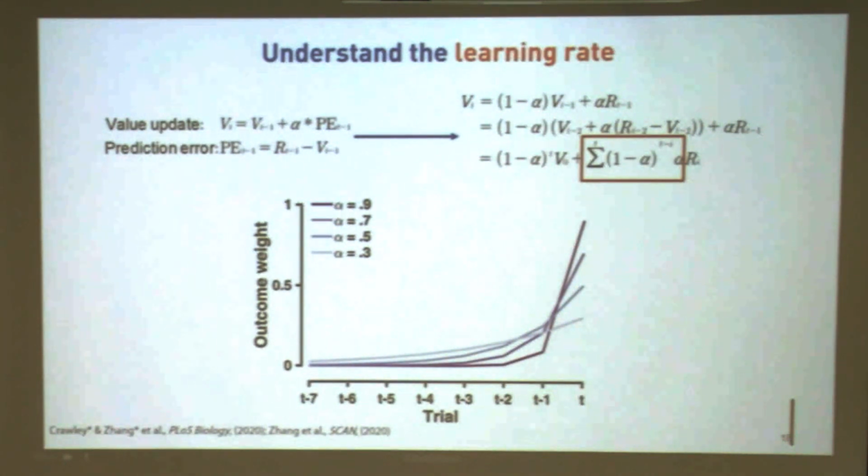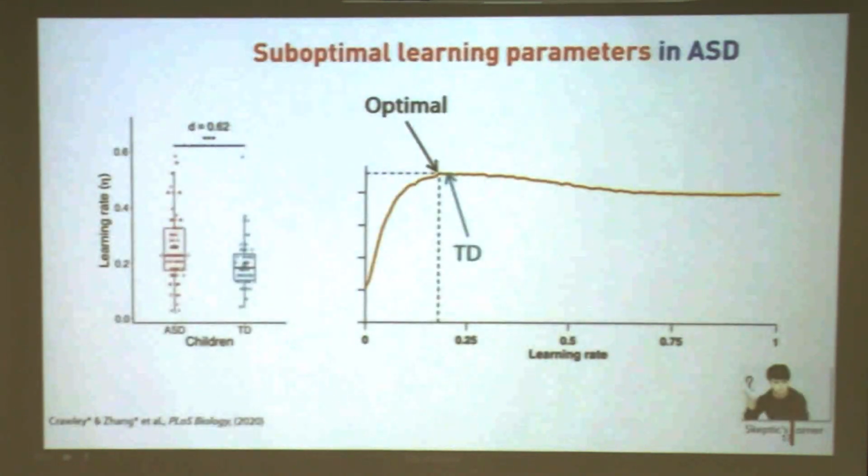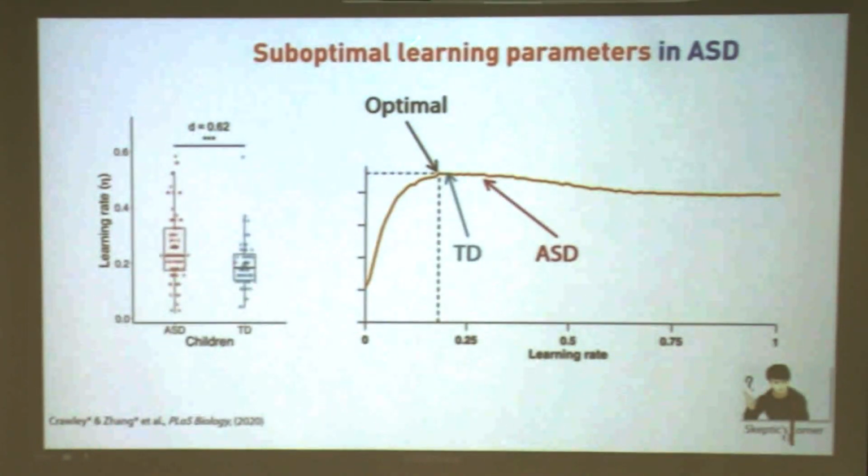Okay? So the idea is like this. If the learning rate is very high, then I will only memorize the most recent one, and I update very sharply. But if the learning rate is relatively low, I have a slower update. I memorize what is going on in the past. So back to our case, we have a rather stable learning environment. So 80-20 in the beginning and then 20-80 in the second phase is rather stable. And if that is stable, I could carry what is happening in the past to my current understanding. And that explains why a relatively lower learning rate is better than a larger learning rate. That makes sense? Kind of? Okay, good.